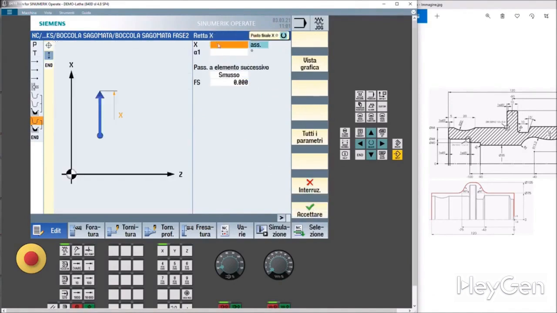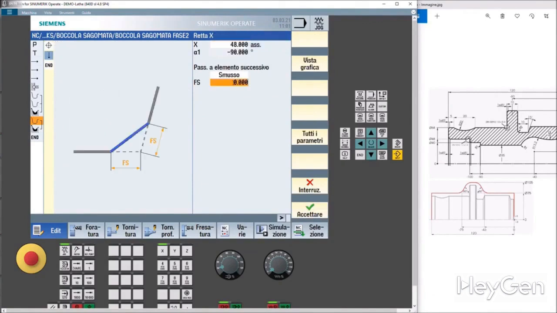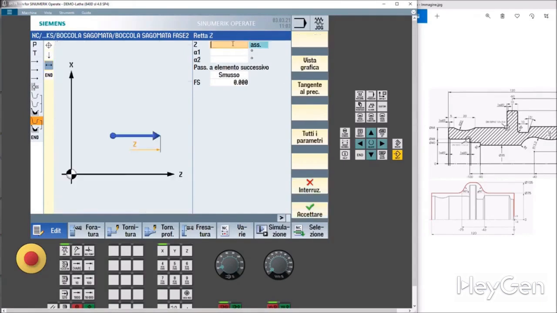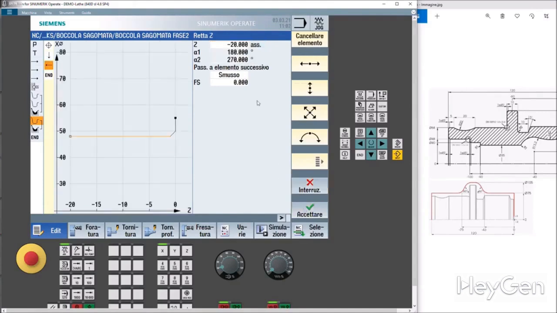Let's lower it and go to X48, with a chamfer of 1 at 45. Here we need to do some calculations because we don't have the quoted distance from here to here, but we have it in negative, as it should be relative to the starting point on the right. So we need to go to Z minus 20, 120 minus 100. So Z, minus 20. Accept.